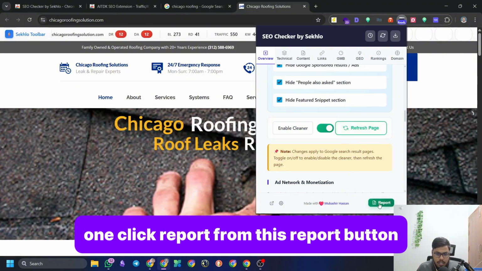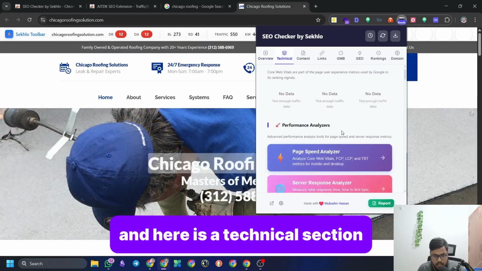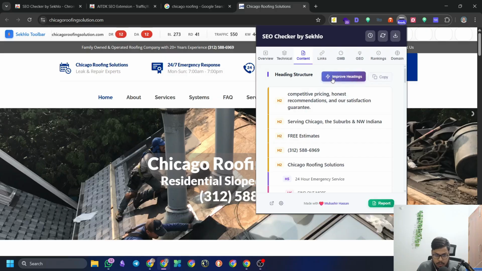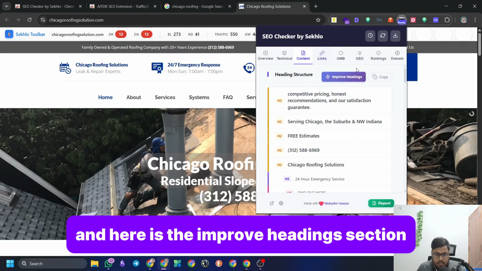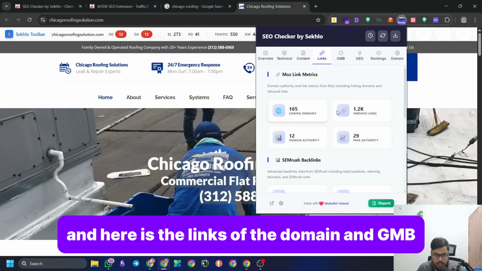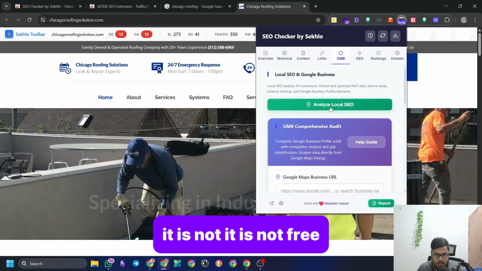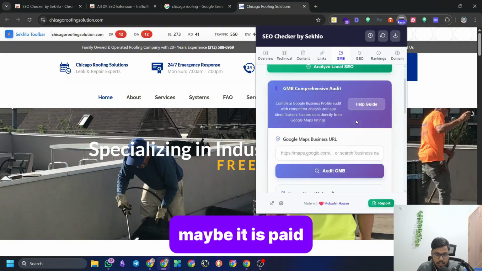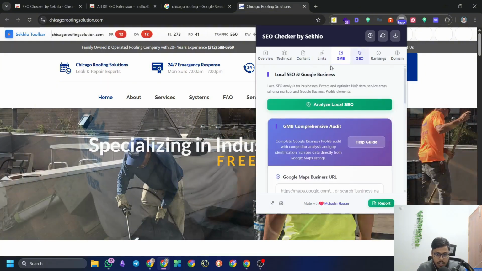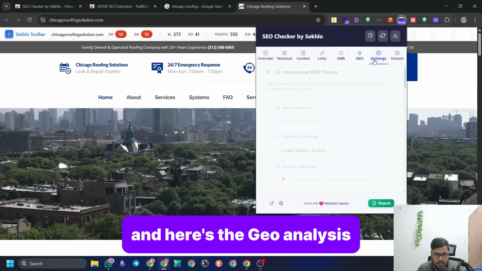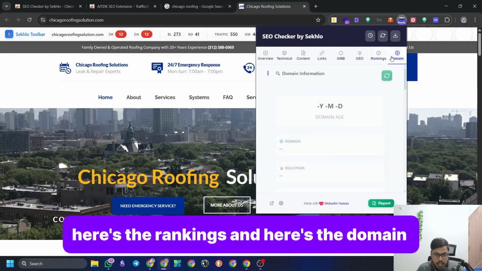One-click report from this report button, and here is the technical section, here is the content analysis, here is the improve headings section, and here are the links of the domain and GMB. It is not free, maybe it is paid. You can check and comment to me on this video. And here is the geo analysis, and here are the rankings,